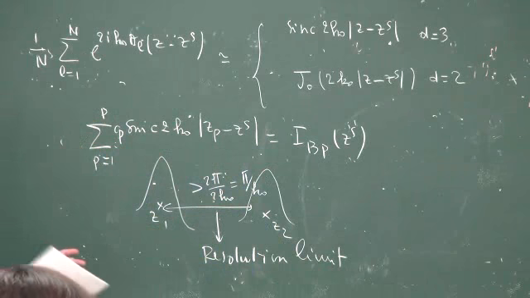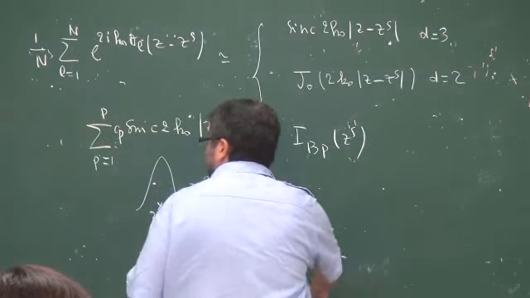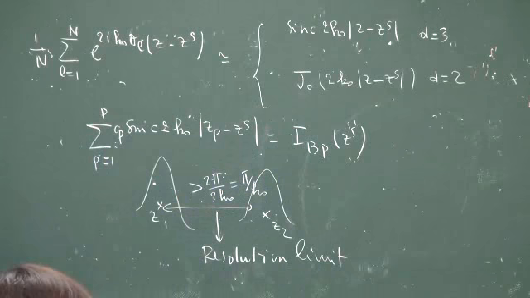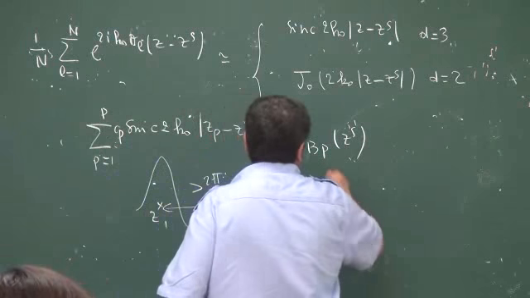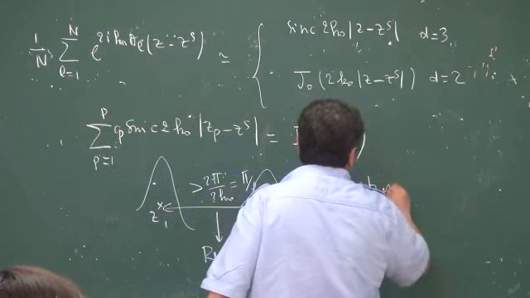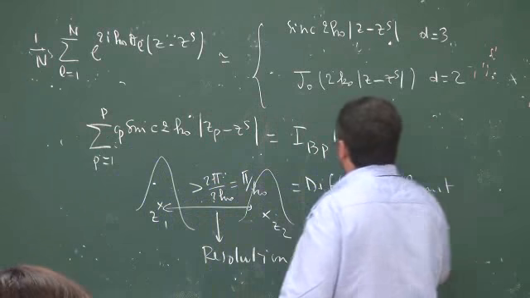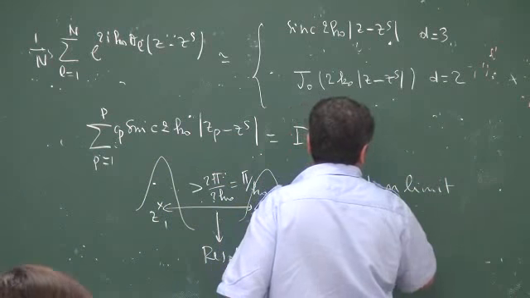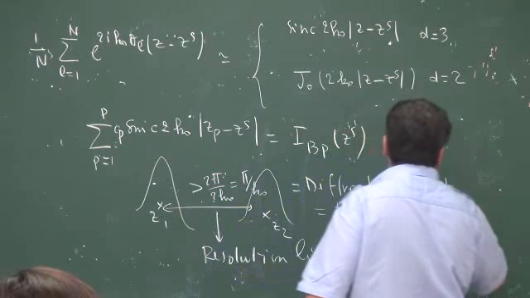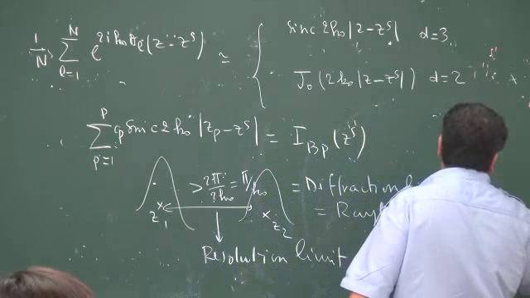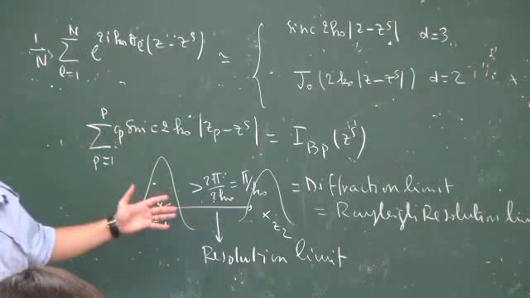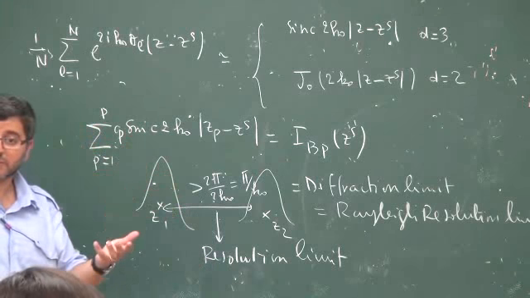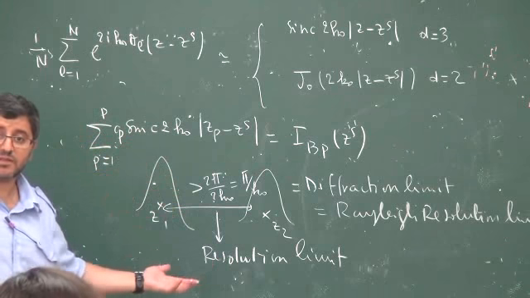Okay, so I can make it a little bit more formal. So if you think about the 2 pi over k0, this is the diffraction limit or Rayleigh limit. This is the classical one, diffraction limit, or it's the same as Rayleigh resolution limit. So when you use waves, this is the limit you get through the dipole approximation. Through the first approximation, this is the limit.